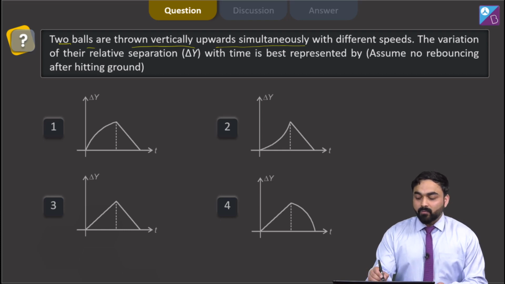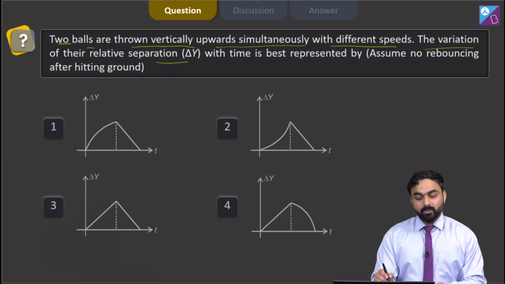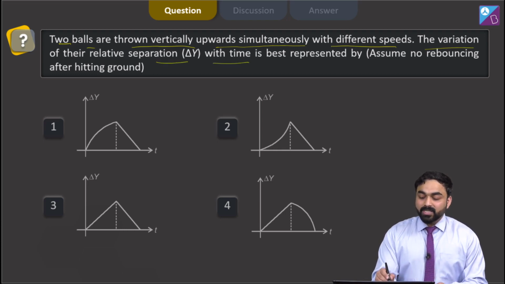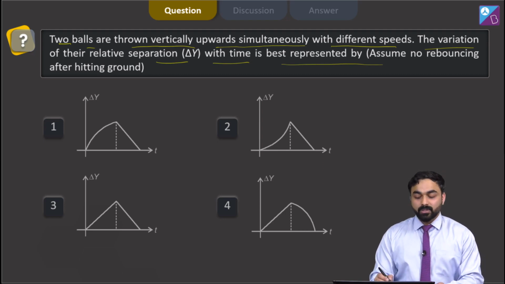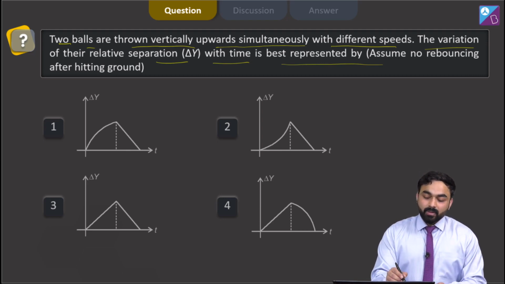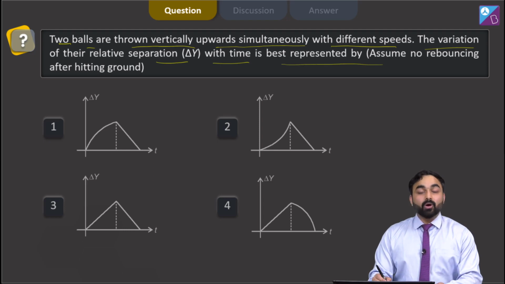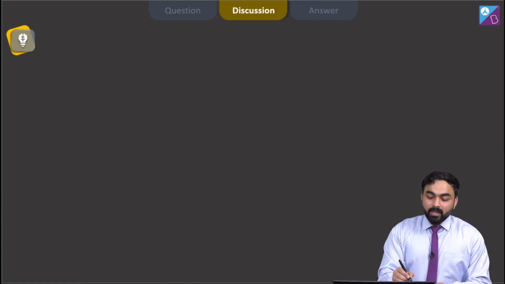Simultaneously with different speeds. Okay, the variation of their relative separation that I need to calculate with time is best represented by the following graphs. Okay, you have to calculate the relative separation between the two bodies thrown vertically upwards. So here let me just take